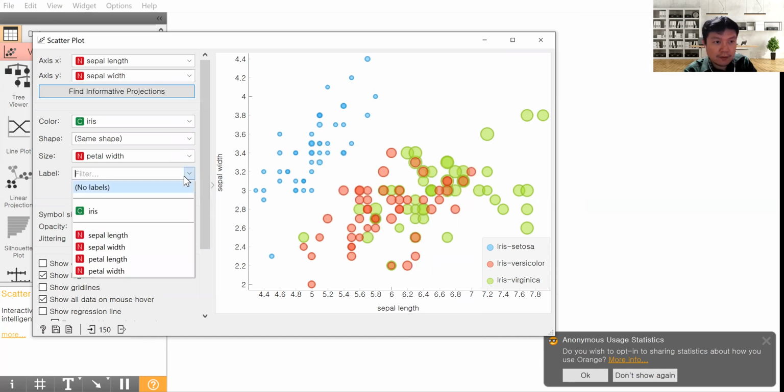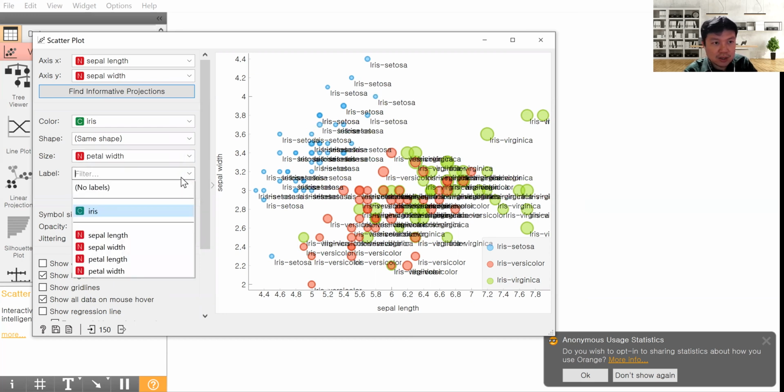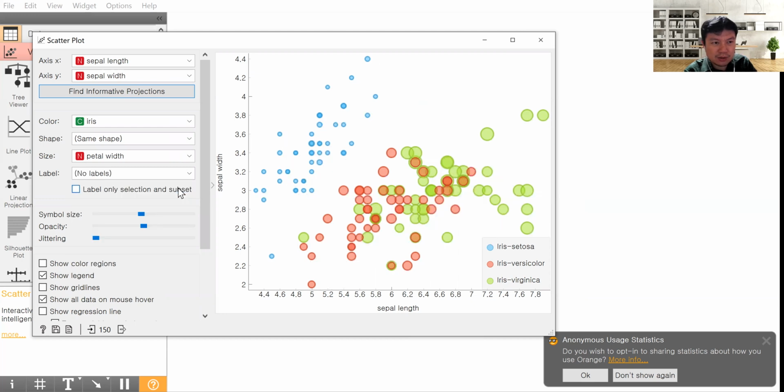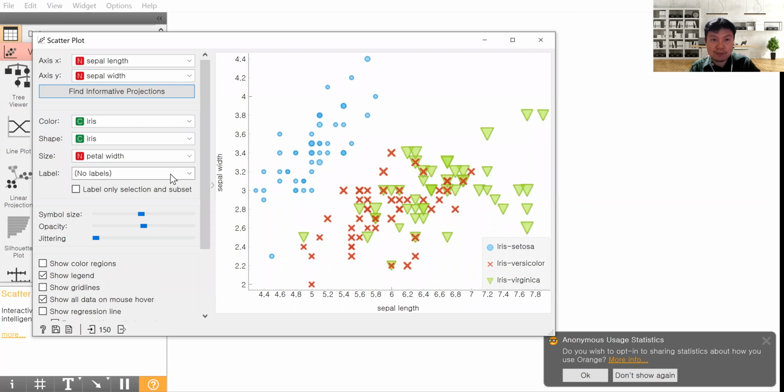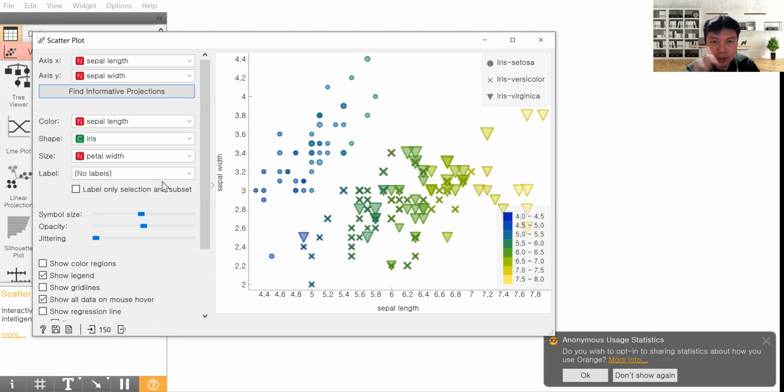And if I want to put the label, you can just show all these things here. But it's too complex to show everything. If you want to see the shape, different shapes will represent different labels, and this is the color. Of course, if you want to see it on a numerical basis, the color will be based on ranges. You cannot fix the color for each number, but it should be in some range. Okay, this is about the scatter plot.